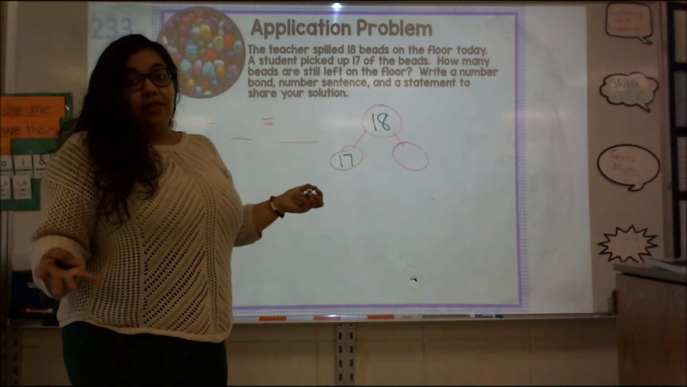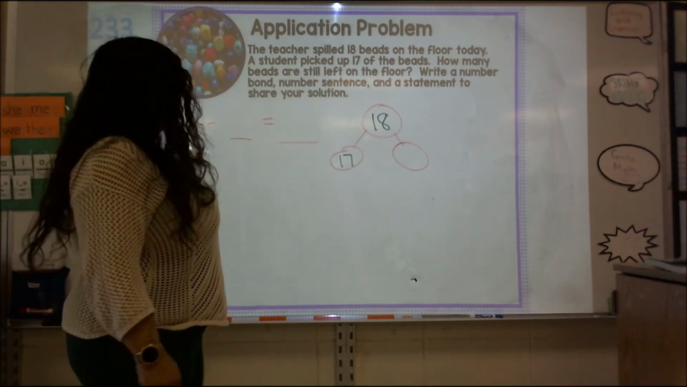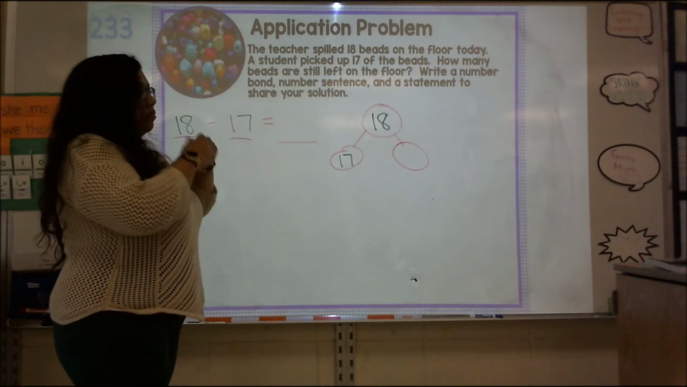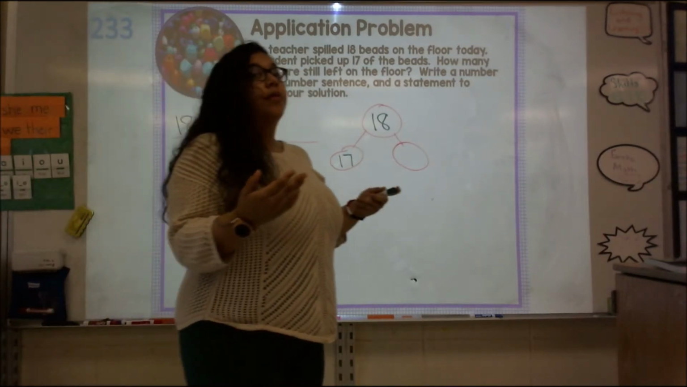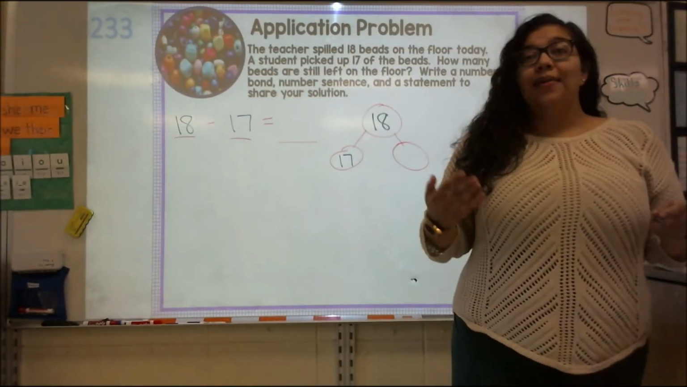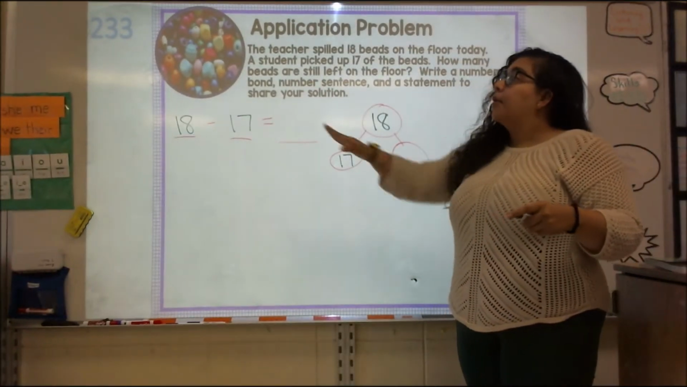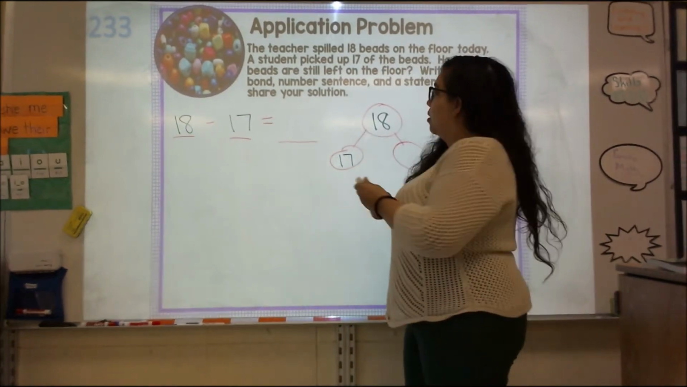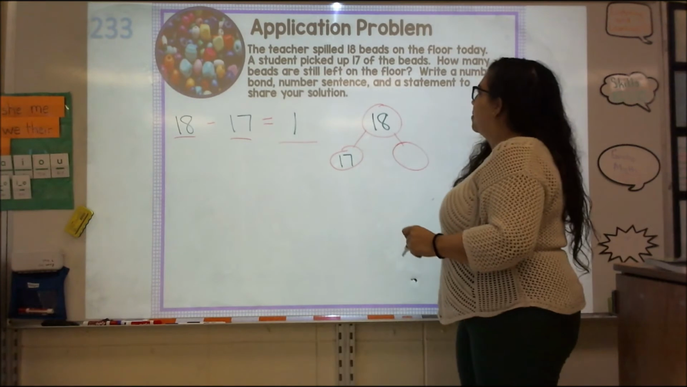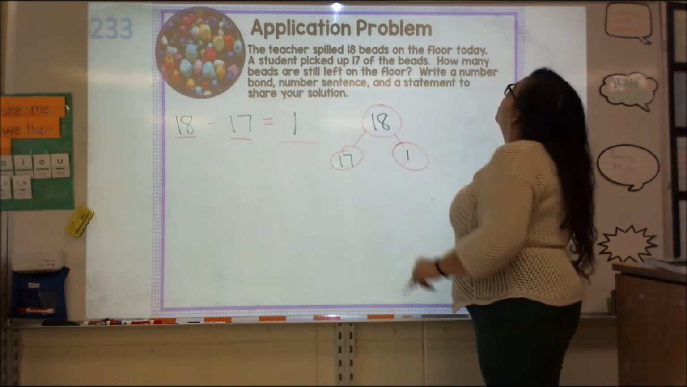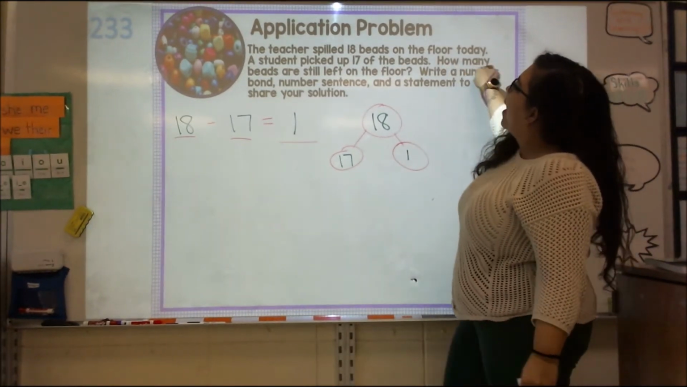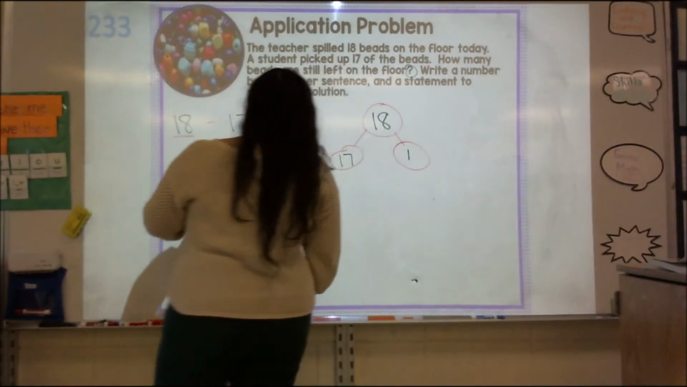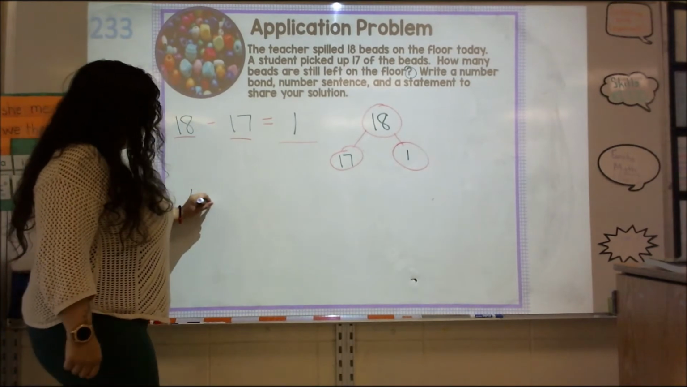How many beads are still left on the floor? Well, this is where we actually do our subtraction. So 18 minus 17 is equal to, this falls in line with what we were doing yesterday with our application problem and with our work. So a number minus a number 1 less is equal to 1. So our missing part, the bead that's left on the floor, is 1. Back to our statement. How many beads are still left on the floor? That is our question. So 1 bead